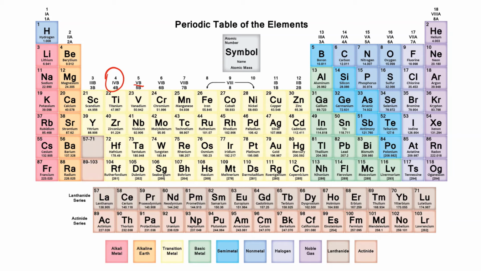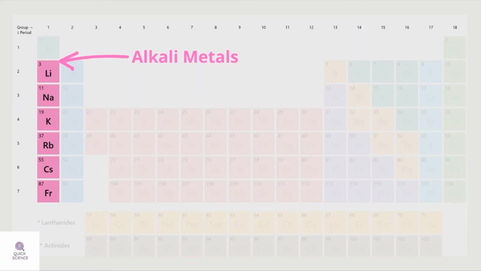So to eliminate this confusion, the International Union of Pure and Applied Chemistry, that is IUPAC, proposed a system in which groups are numbered from 1 to 18. Now you can see in most of the periodic tables, groups are numbered from 1 to 18 with no A's or B's. Let's do a quick recap of what we have learned in this lesson before winding up.